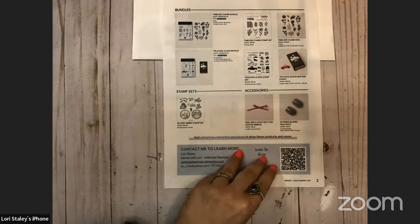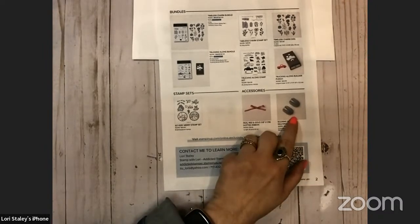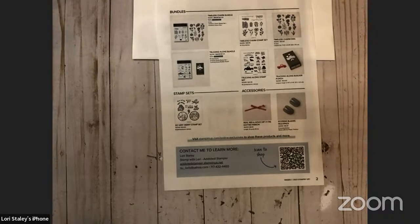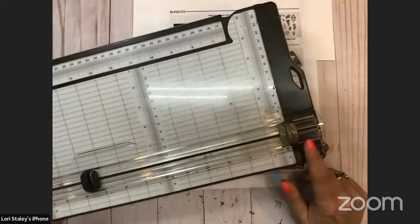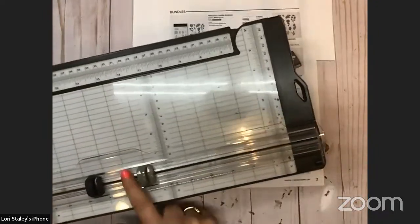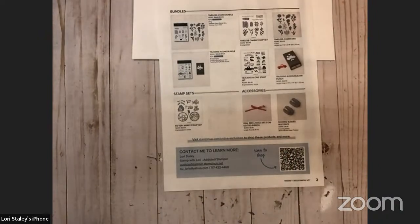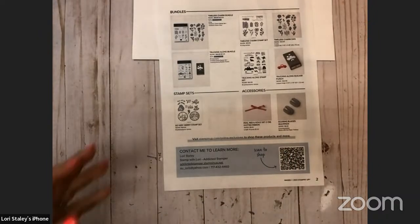But the other thing I did want to point out to you is if you are somebody whose scoring blade on your paper trimmer has gone missing, and the scoring blade, of course, is the light gray blade, you know that we don't have those in the catalog. You can't purchase those. Well, now we have them in the online store. So you can grab a pack of 2 for $6